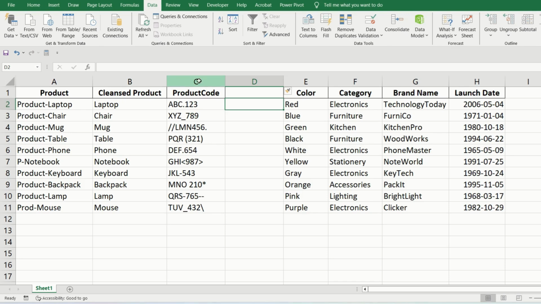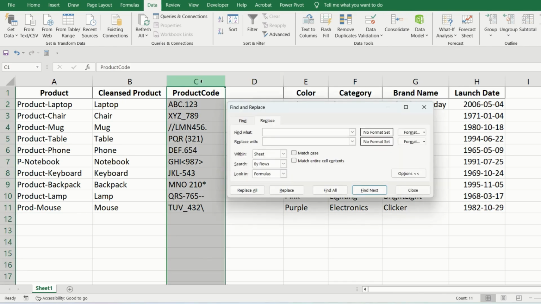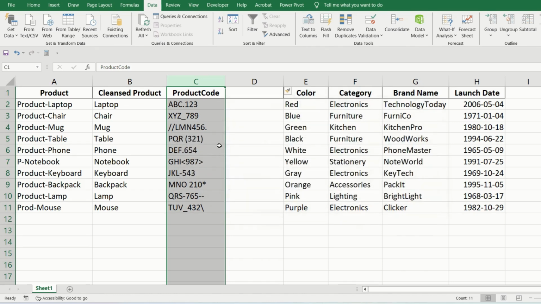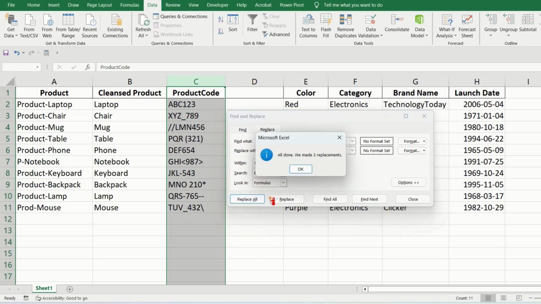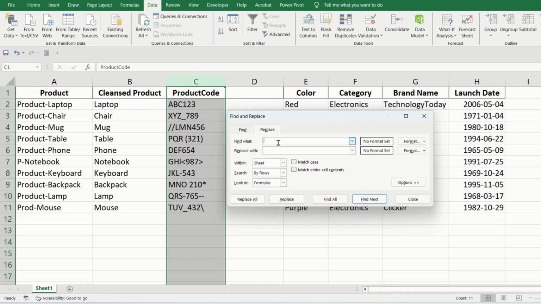So here what we can do initially is to replace some of the recurring special characters as much as possible, and then we can use Flash Fill to convert it into the desired format. So for example, I'm going to replace this dot with nothing. I'm going to do a Ctrl H. Here you go.